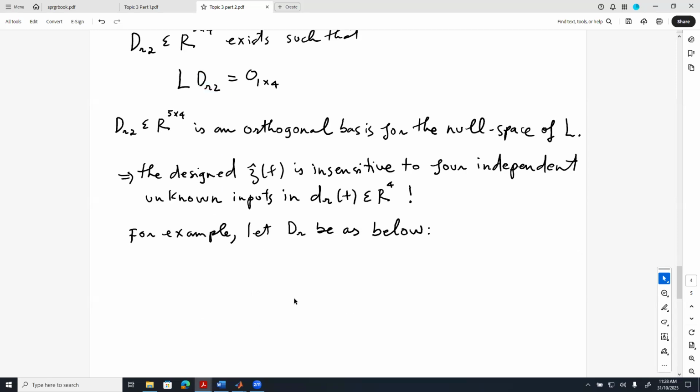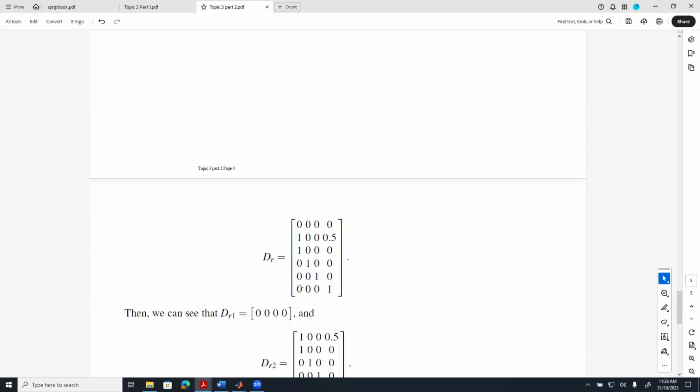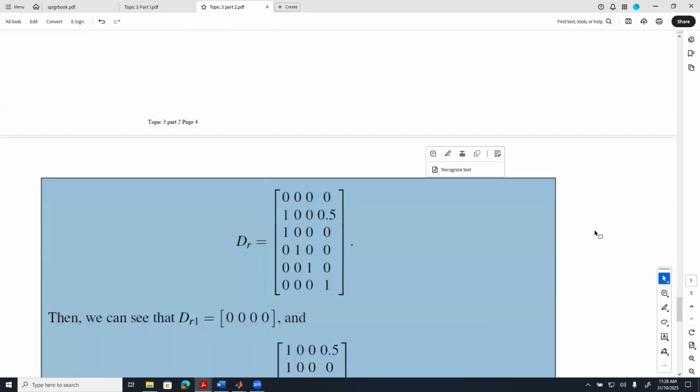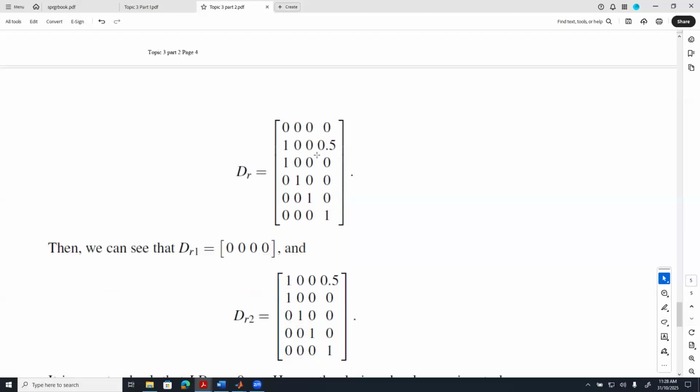So here is an example. Let's say we pick this matrix DR to be like this structure. Okay. If we make it arbitrary, but it's actually in the null space of L, then what we can see here is